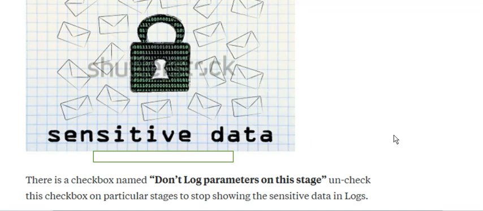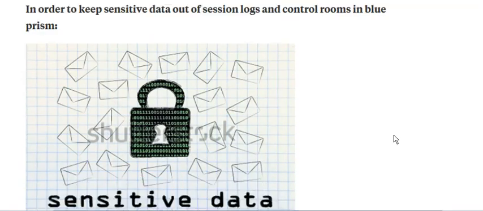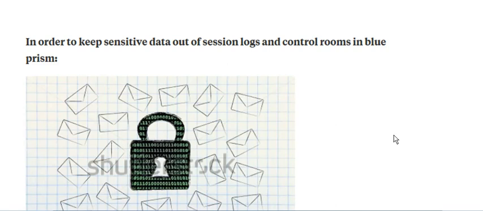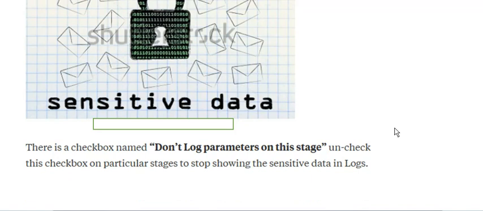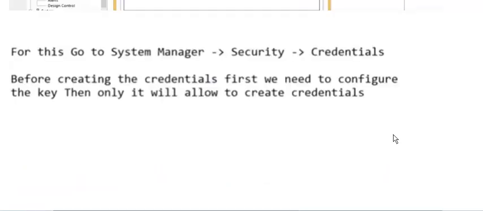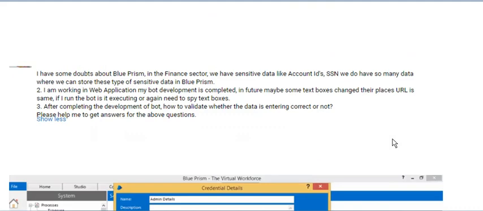So in order to remove sensitive information from the logs, maybe the session log or the auditing logs, you have to stop logging at each and every stage for the particular action which is using the sensitive data. This is very important when using sensitive data.